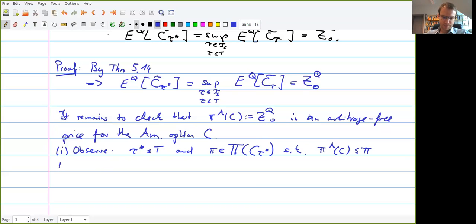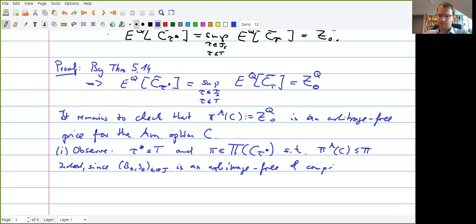So indeed, since B, S_T is an arbitrage-free and complete market,